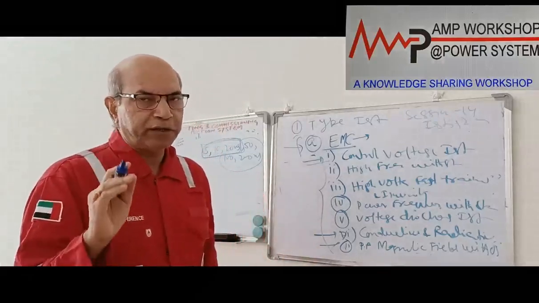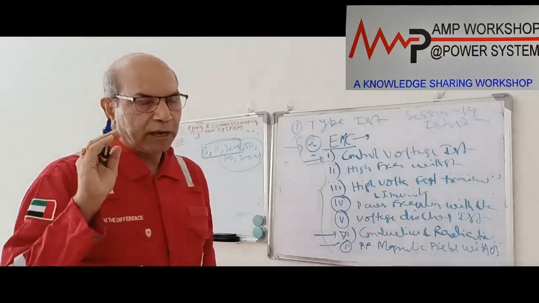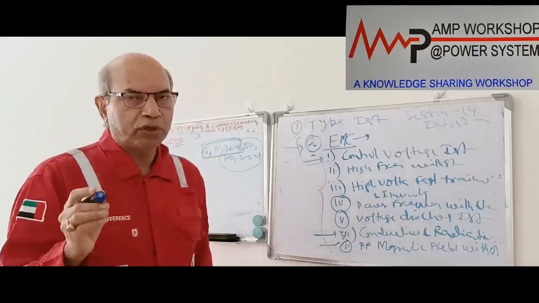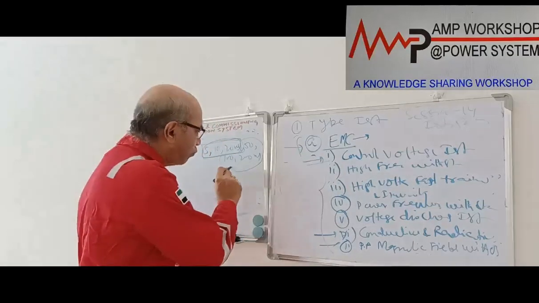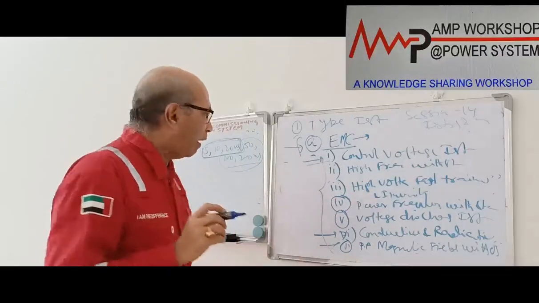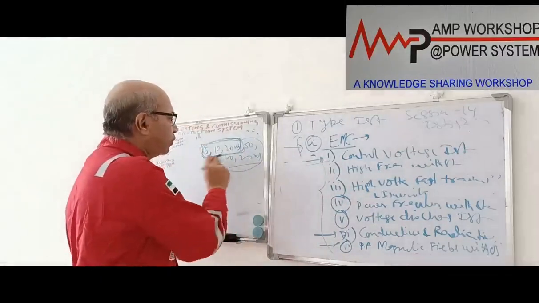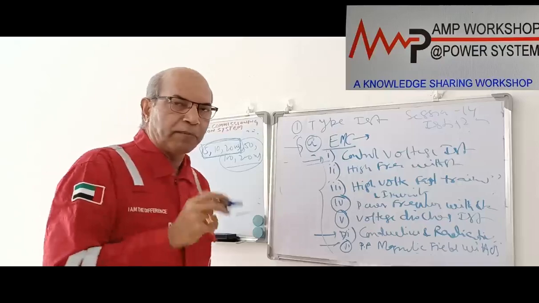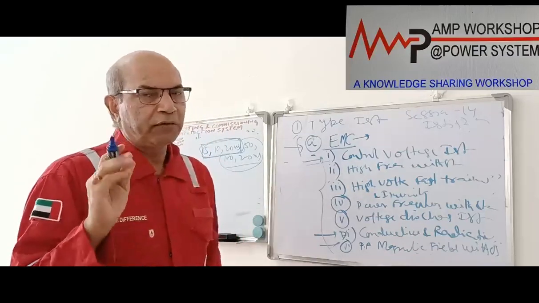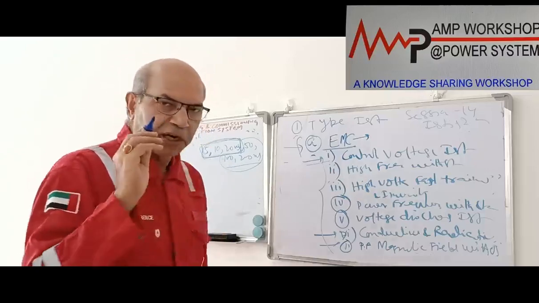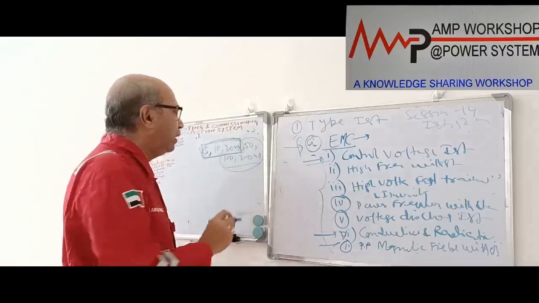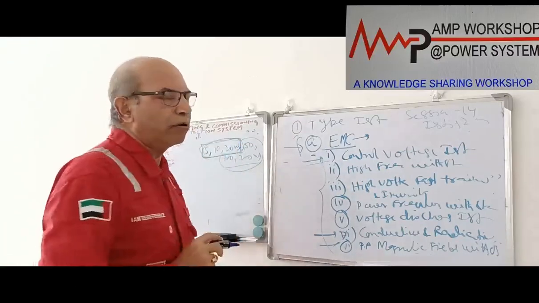If the relay is in the operation mode, that is trip mode, and the quantity is the tripping value, it should trip. If it is not in the tripping mode, it should not trip. This is for up to 200 millisecond. Without control supply, the relay should do its operation, but up to 50 millisecond, the relay should not drop out. Relay power supply is off, but the relay should not drop out. That means it has some memory capacity for holding the control supply, or some charging arrangement inside the relay to hold the voltage. So that arrangement should be in the relay. So this is also under the control voltage test.